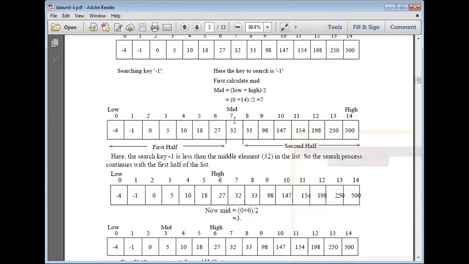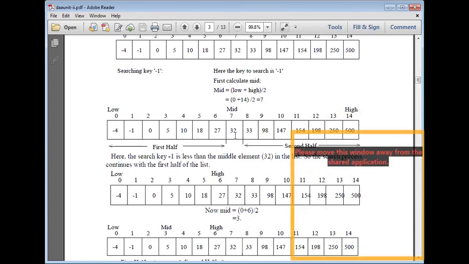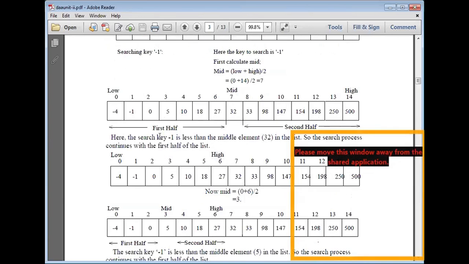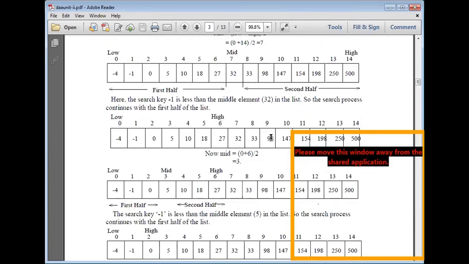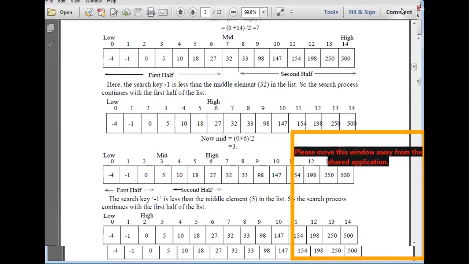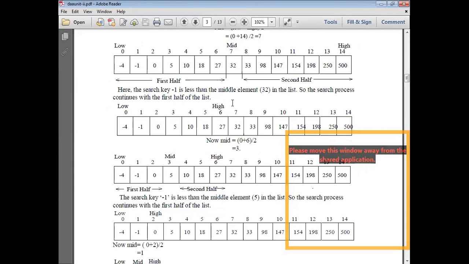Now compare with the value at index 7, 32. So compare the key -1 is less than the middle element 32 in the list. So the search process continues with the first half of the list, since -1 is less than 32.